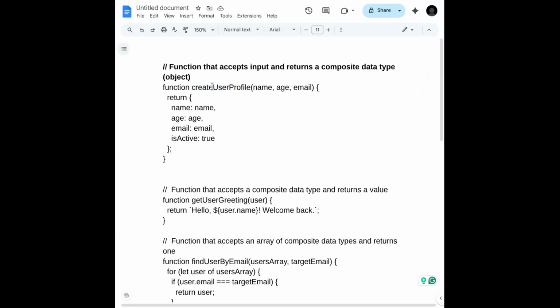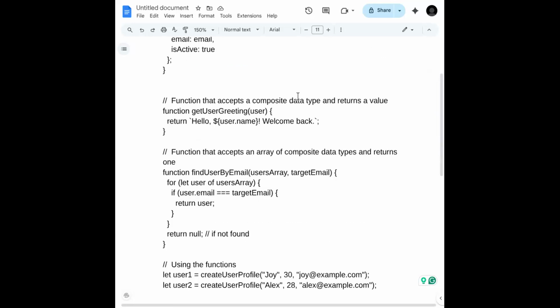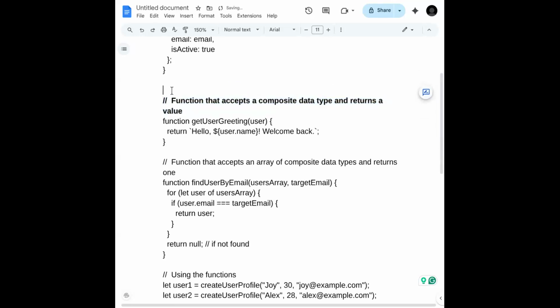My lord. So we have this variable for creating user profile, and we need the age, the name, and the email, and it's going to return for us a profile. Another function, this is a second function. It accepts composite data types and returns values. And guys, in programming, when you are writing comments,